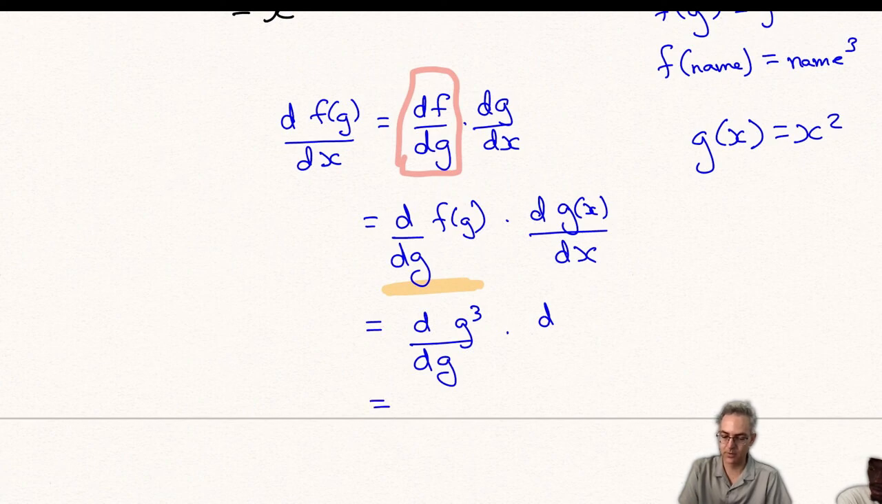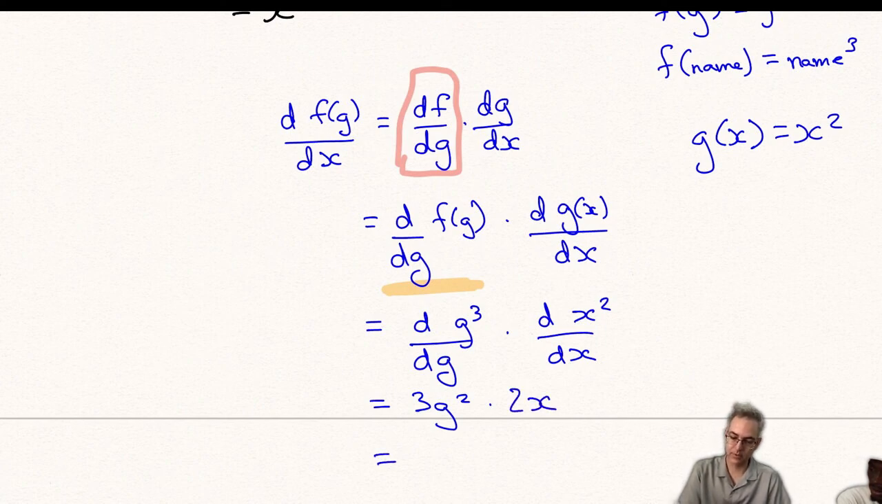Correct. So this will become 3g squared times, and then here I have dg of x. Now g of x is what? g of x now is x squared. So this is d of x squared by dx, and what is that? That's 2x. Okay. Now g is a function of x, and I want this all as a function of x. So now I substitute for g. What is g? x squared. So now I put my x squared times 2x, and that is equal to